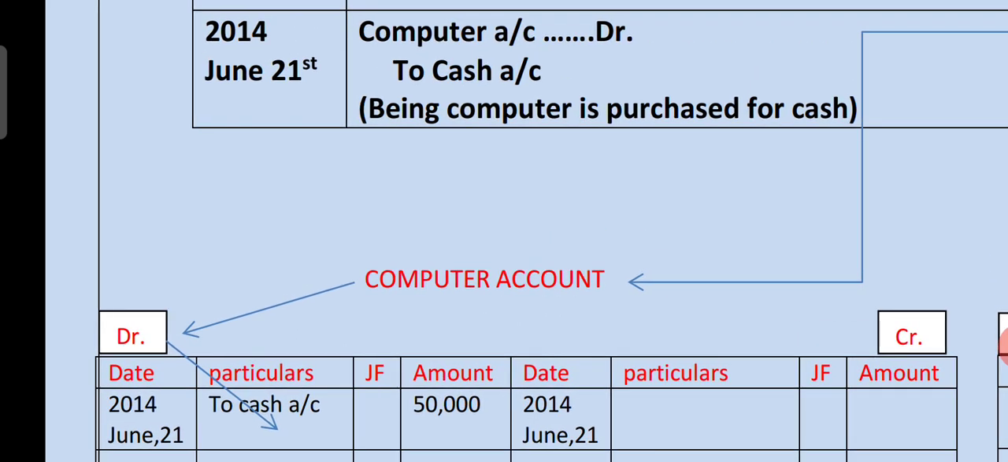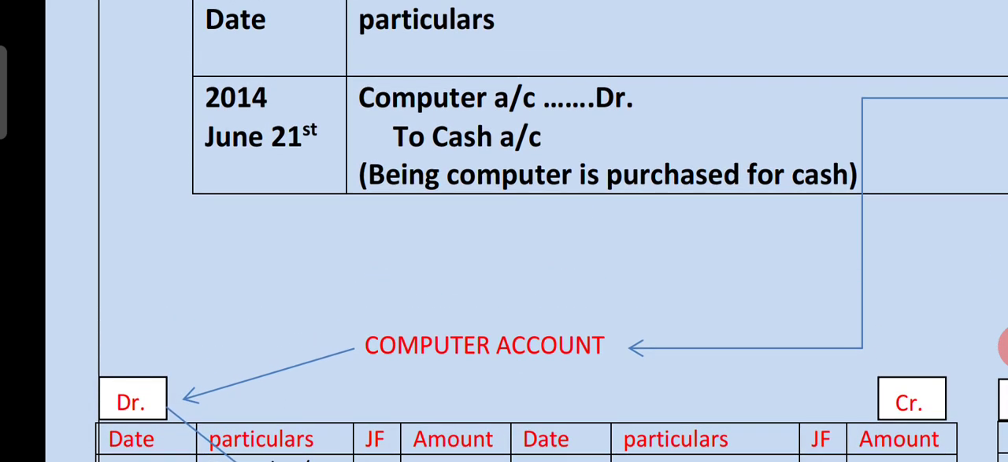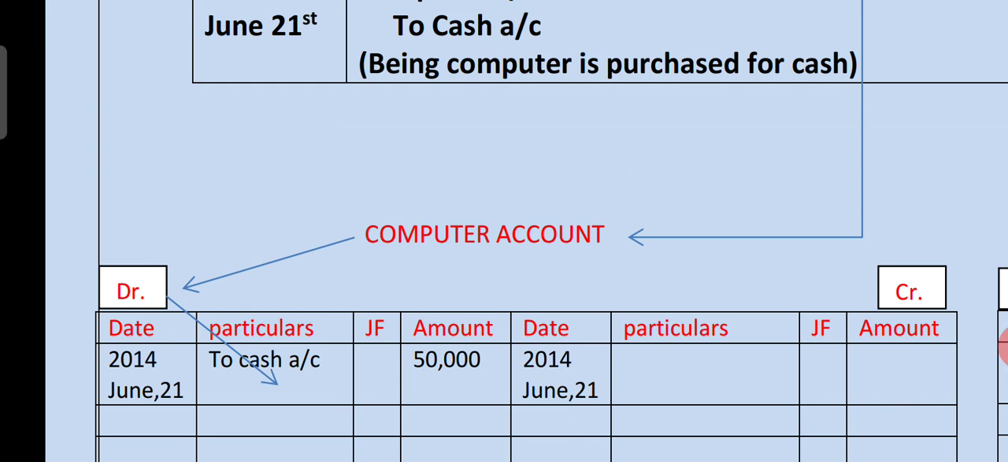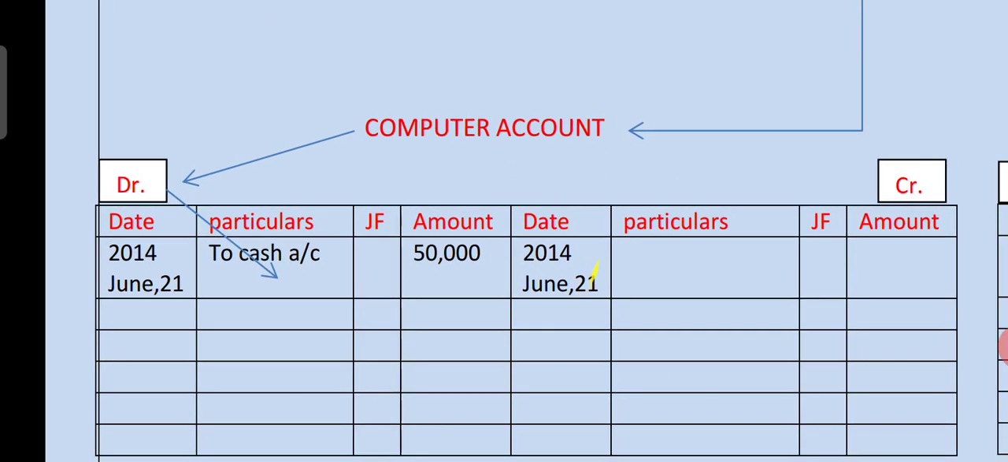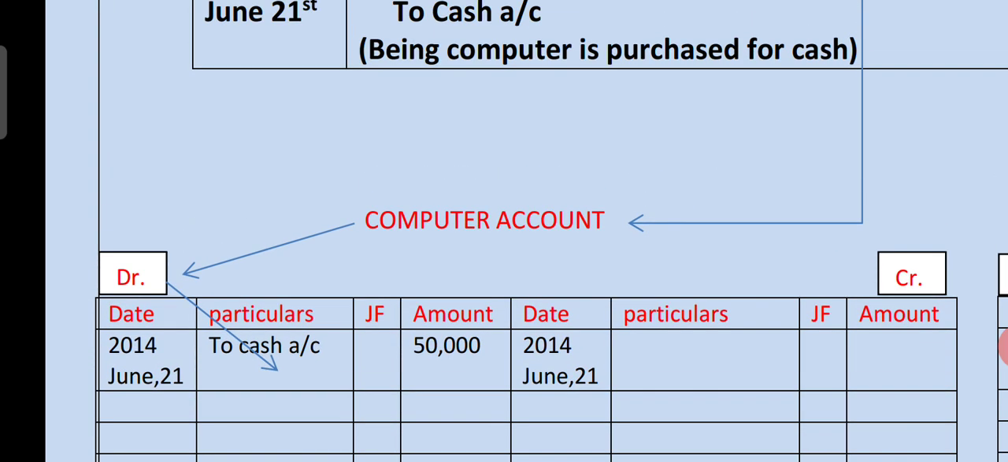In the particulars column, what do we have to write? We write the opposite entry's account name. Here the debit entry in the journal entry is the computer account. Its opposite entry is the cash account. So first we come to the computer account, on the debit side,